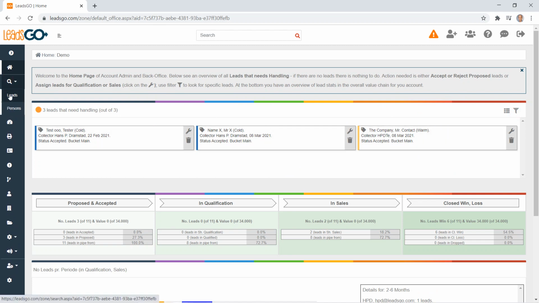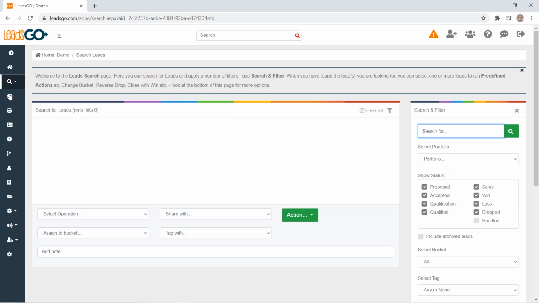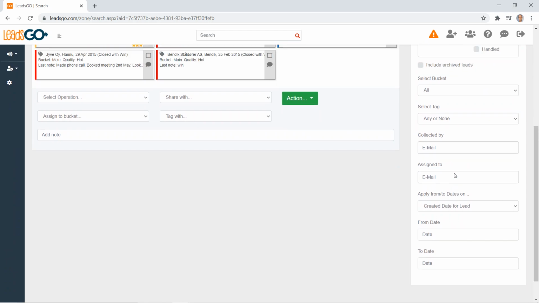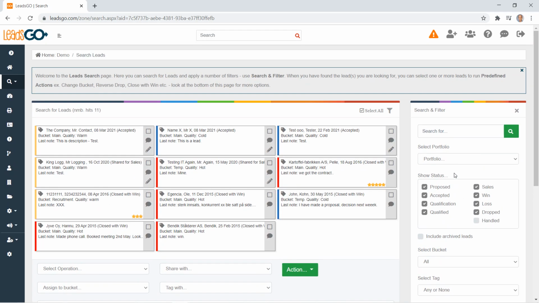You can then look at the leads search page, which is probably the second most important page in the solution, where you can search for leads. You can enter criteria here. You can search just on the account or across accounts in portfolios, and then you can enter different criteria to the right here. When you press search, all the leads that meet these criteria are displayed, and then you can add